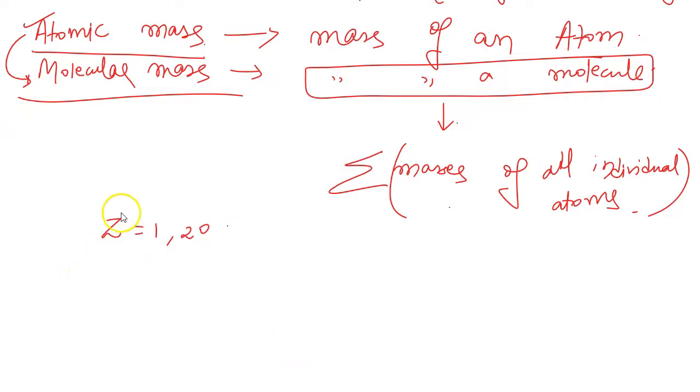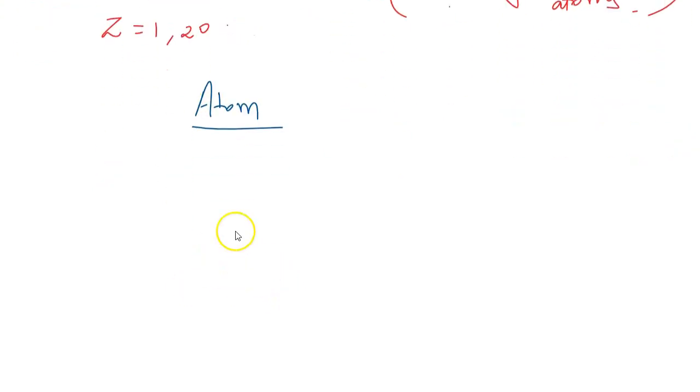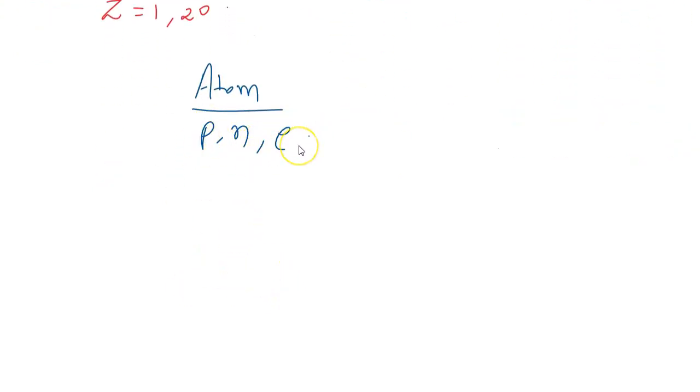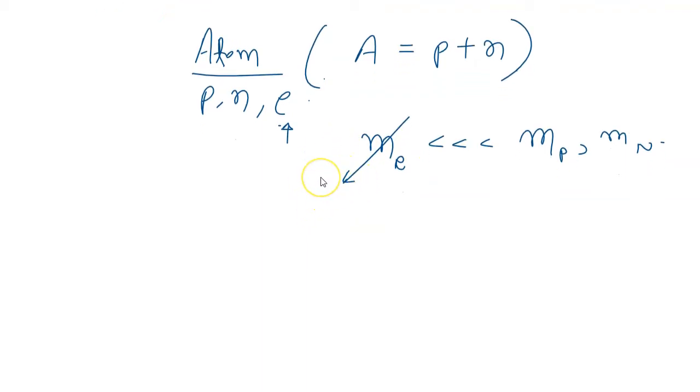Now that is clear, mass of an atom is called atomic mass. But if we look at an atom, it contains protons, neutrons and electrons. But if we look at atomic mass, that is just the total number of protons and neutrons. Why do we not take into consideration the mass of electrons? The reason is the mass of an electron is very, very less as compared to the mass of protons or neutrons, and that's the reason we neglect the mass of electron. But later on in higher classes we will even include the mass of electrons and then get a more accurate result, but not as of now.